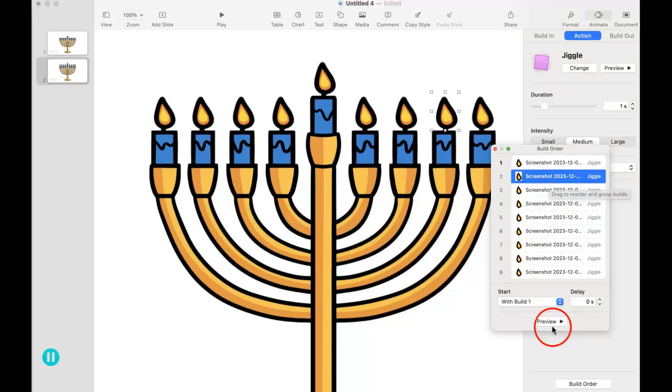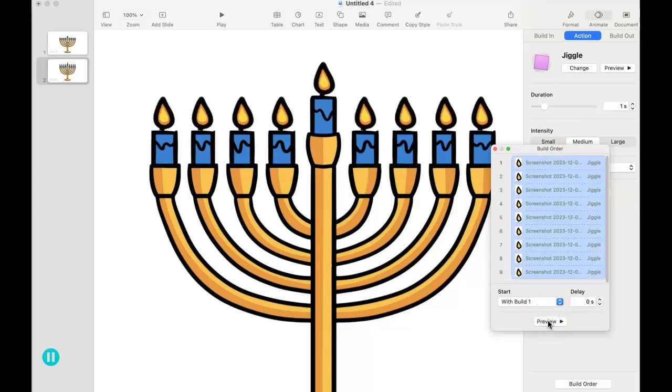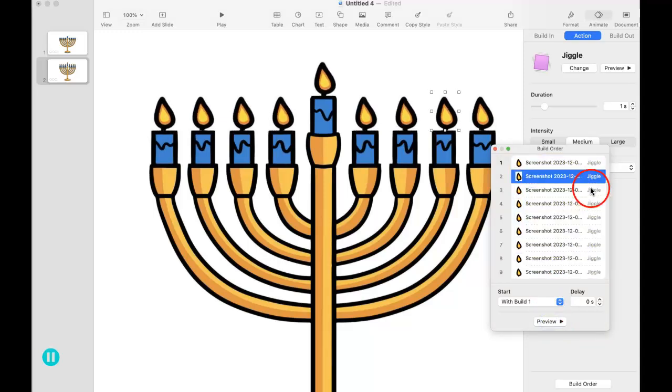And so now if I click preview, you'll see they're all jiggling. Now they're all jiggling kind of in the same way, so I can actually have build 2 have a slight delay, and build 3 maybe even a little longer delay, and build 4 maybe just 0.1, no delay there. Then we can go to 0.1 delay for build 6, 0.2 second delay for build 7, 0.1 delay for build 8. Now if I click preview,